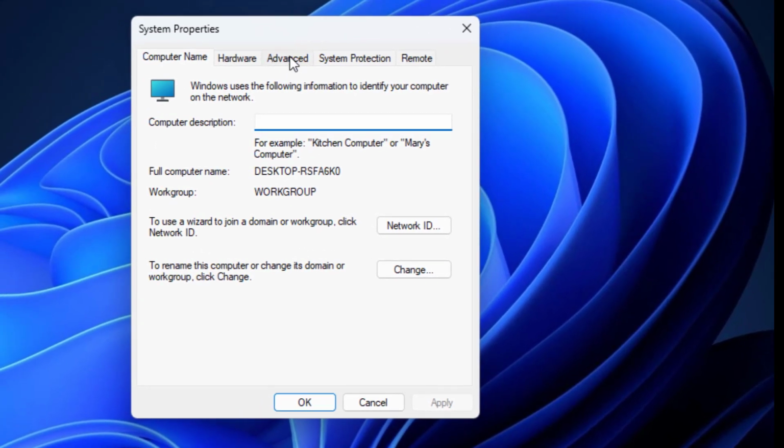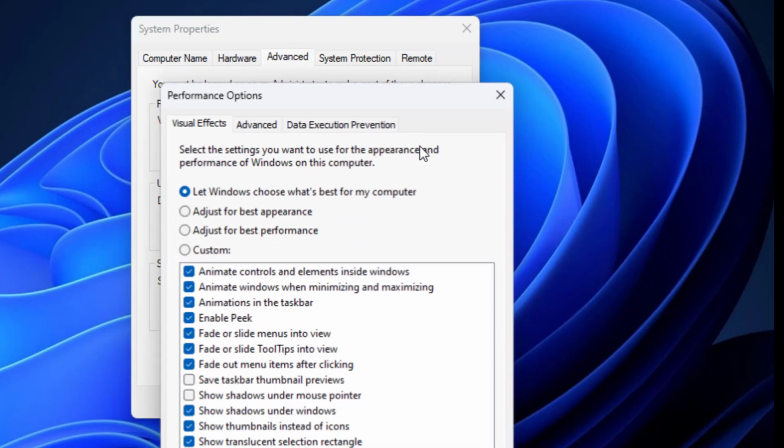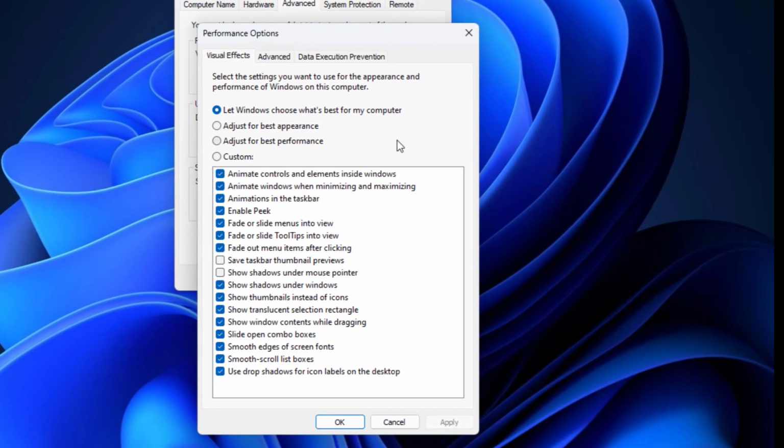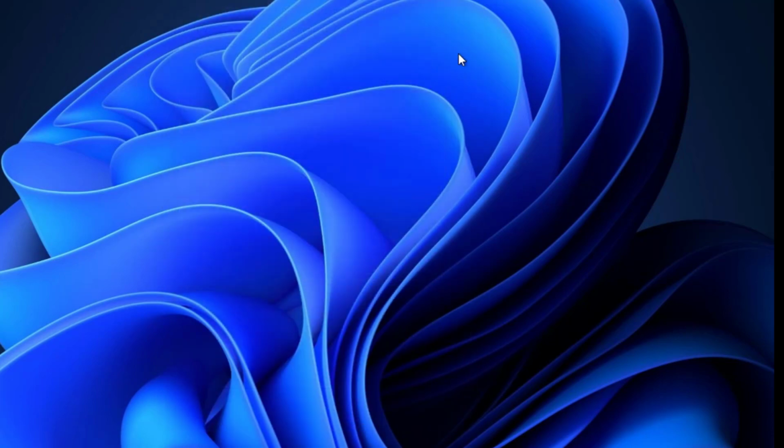Open Advanced tab. Click on Setting. Select Adjust for best performance. Press Apply and then OK. Now your problem should be fixed. If that didn't work,